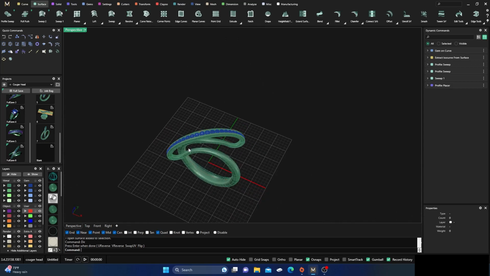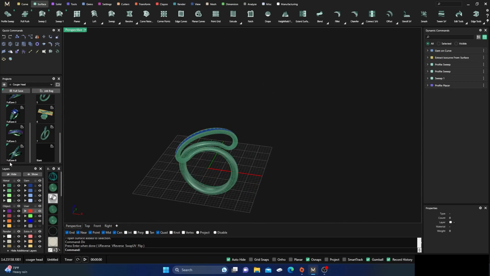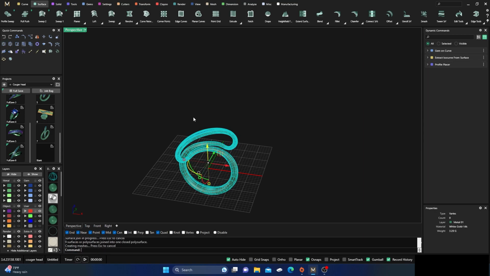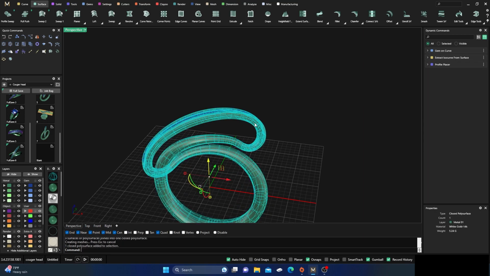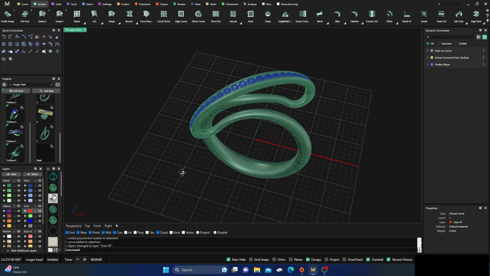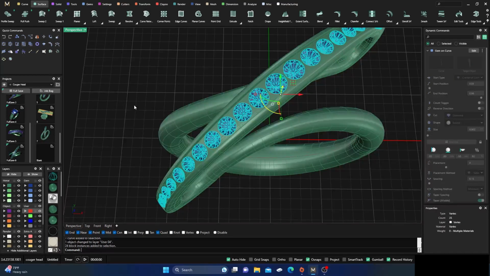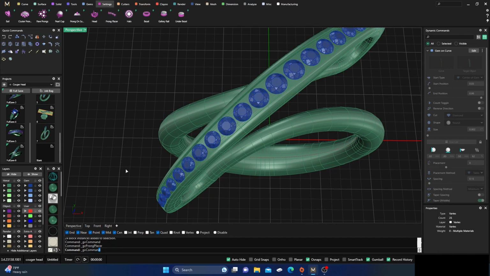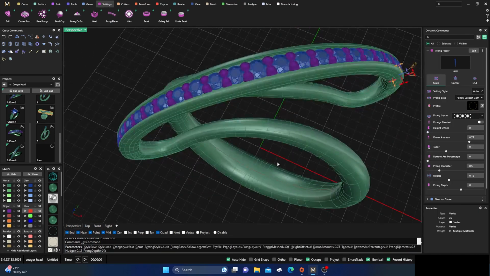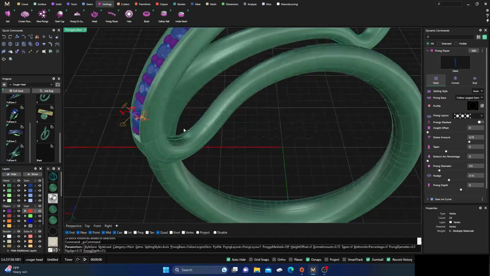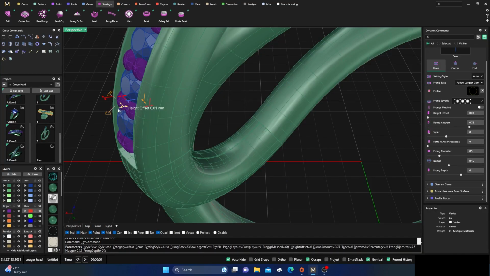Okay, so at this point, let's take all our green and join that back together. All our green, and we'll check it. Closed polysurface, good to go. Let's take that red and we'll hide it. And so far so good. We'll take our stones, go to settings, put our prongs on there, and let's see what we want to do here with these. We'll of course drag them up,